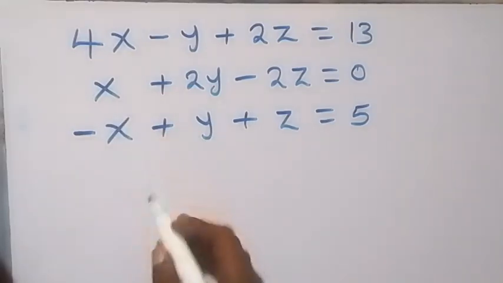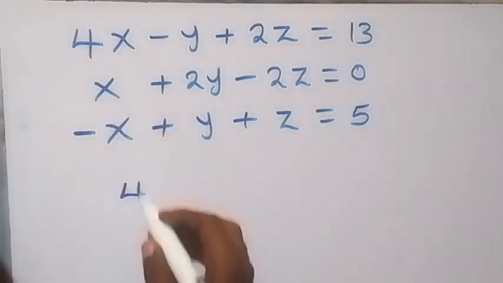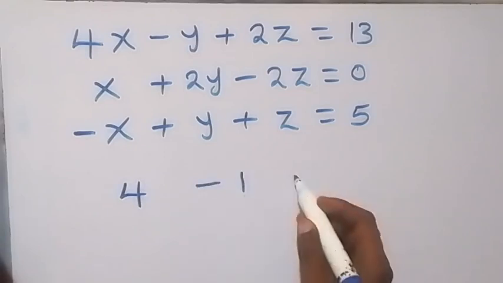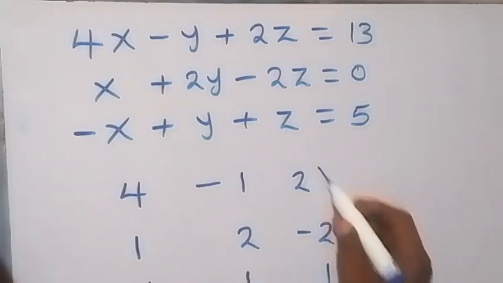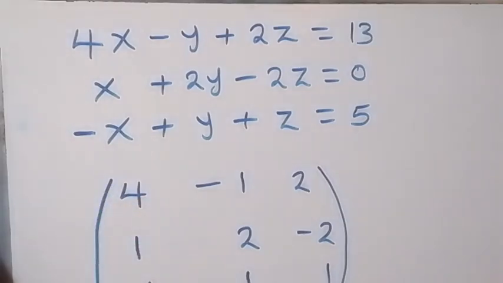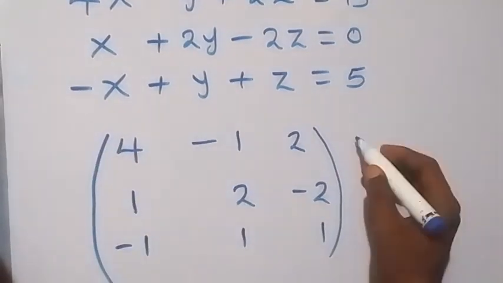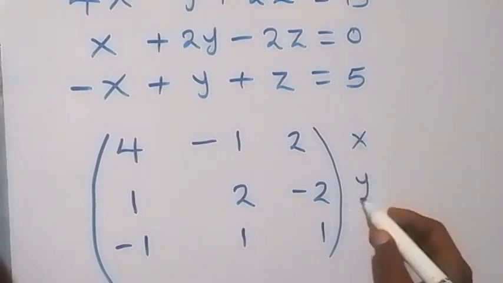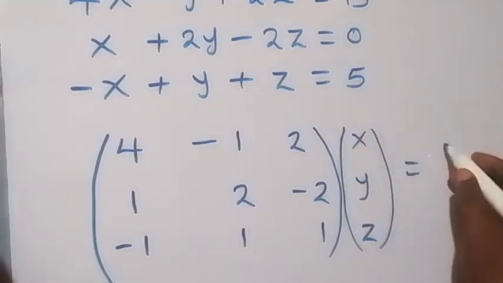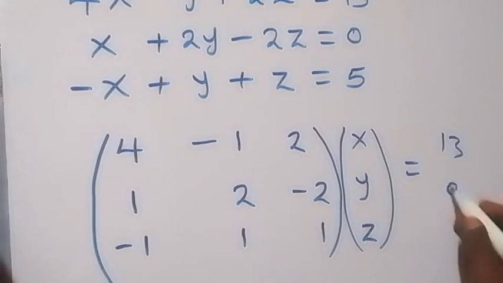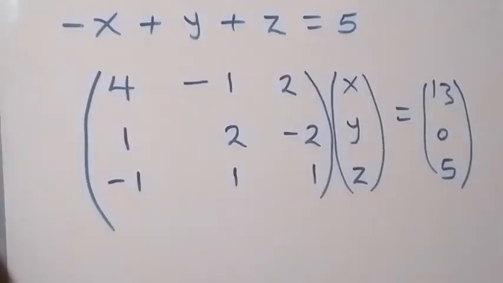Let's separate the coefficients to form a 3 by 3 matrix. We have 4, minus 1, 2. Then we have 1, 2, minus 2. And we have minus 1, 1, 1. So we have this 3 by 3 matrix. Then the variables are x, y, z, equal to the constants, which are 13, 0, then 5. And from here, to get x, y, and z,